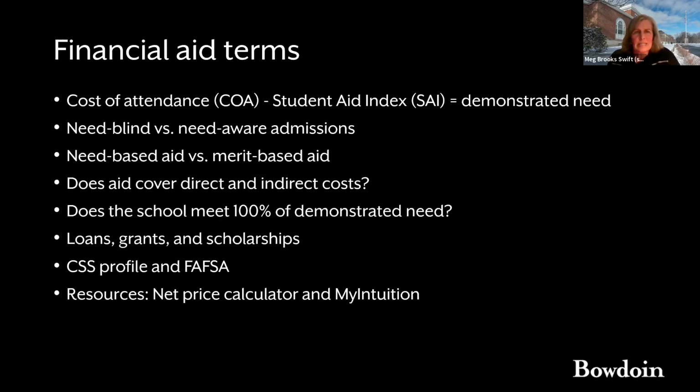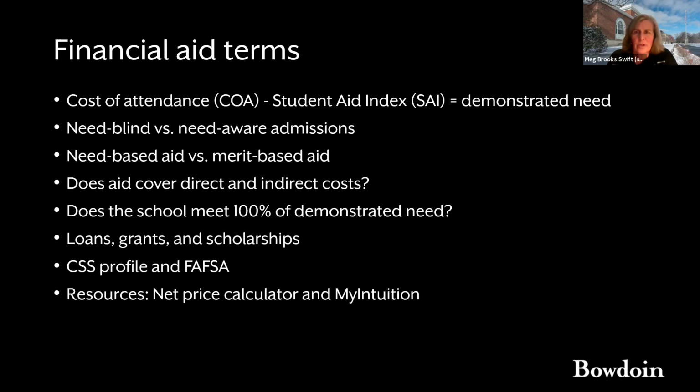And this is a question that is important to ask along the way because loans, grants, and scholarships are considered differently at different schools. Loans could be federal, they could be private. Some schools have an expected loan contribution. Other schools are only grants, meaning that you are not having to pay back the aid that you get. Scholarships may be considered, whether as aid or merit. And some schools will automatically consider your student's eligibility for internal scholarships, while others may ask you to apply in addition to those.